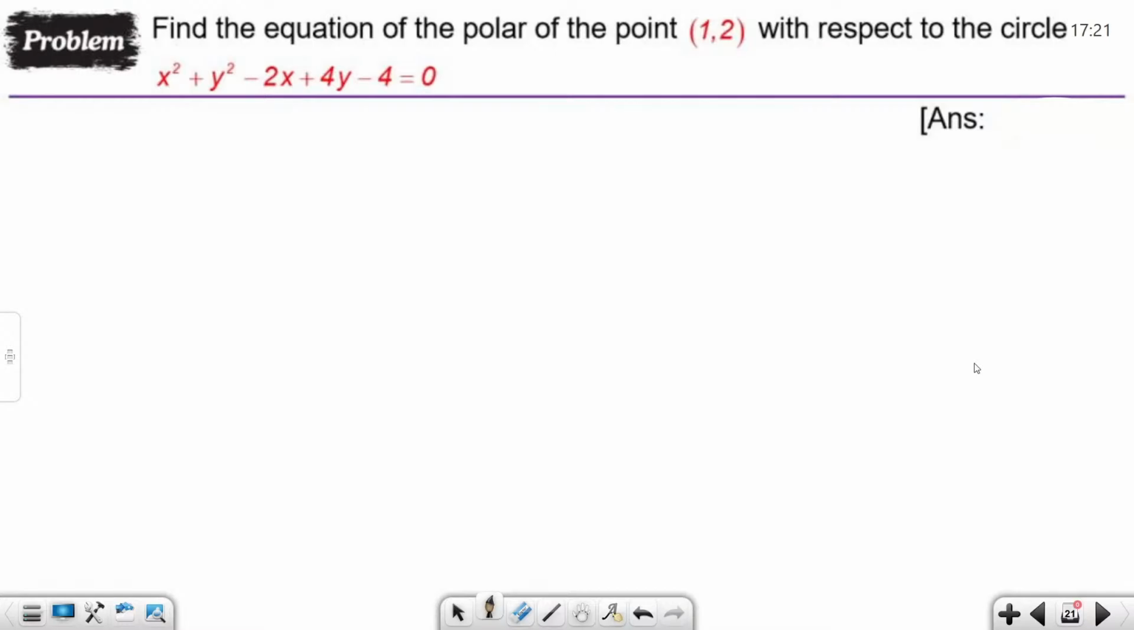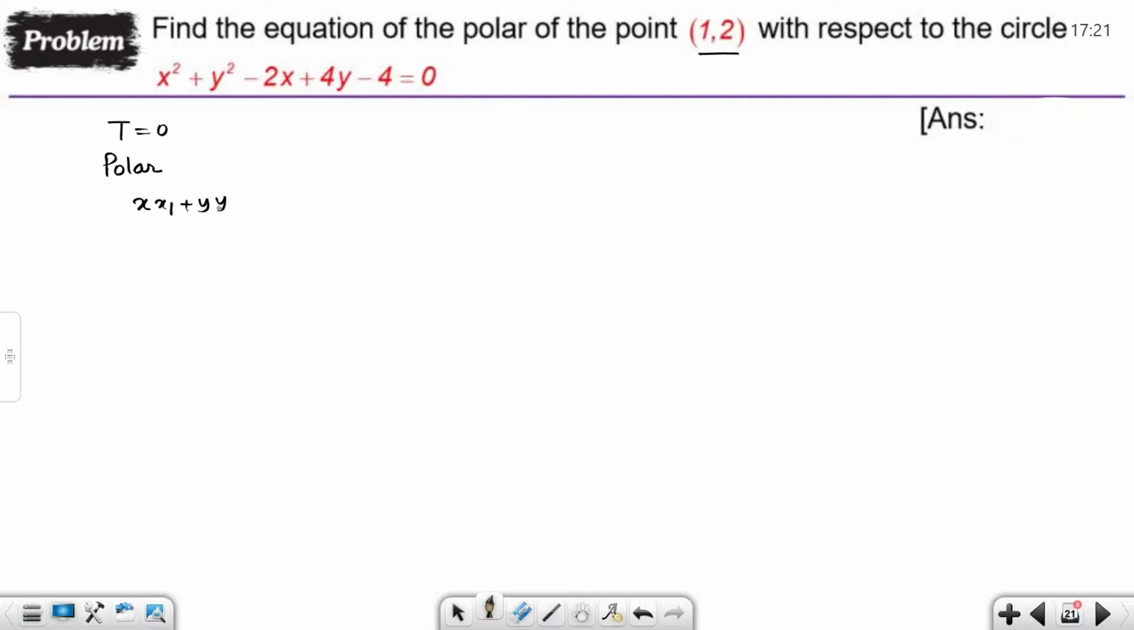See this question. Find the equation of the polar of the point 1, 2 with respect to the circle this. Now here you don't need to check whether this point is on the circle or outside the circle or inside the circle, because I don't know where this point is. To find out where this point is, you have to check the power of the point. But no need to check it, because wherever the point may be, the equation of the polar is always T equals to 0. Therefore, the equation of the polar in this case will be